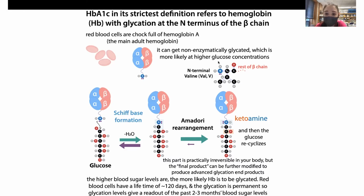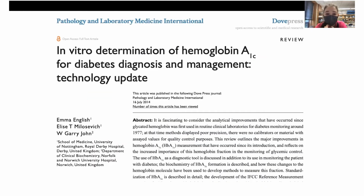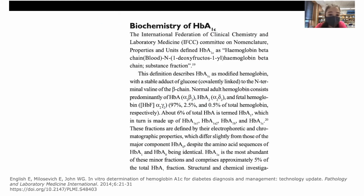So valine is one of the protein letters, at the N terminal of the beta chain. And so where does this definition come from? According to this good review article I will link to, HbA1c is, yeah, so here's where that definition comes from. Basically, normal adult hemoglobin, HbA, is the main form, which has those two alpha and two beta